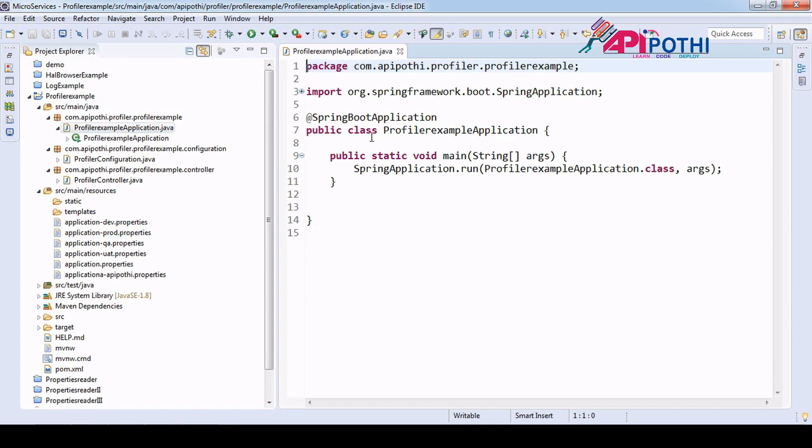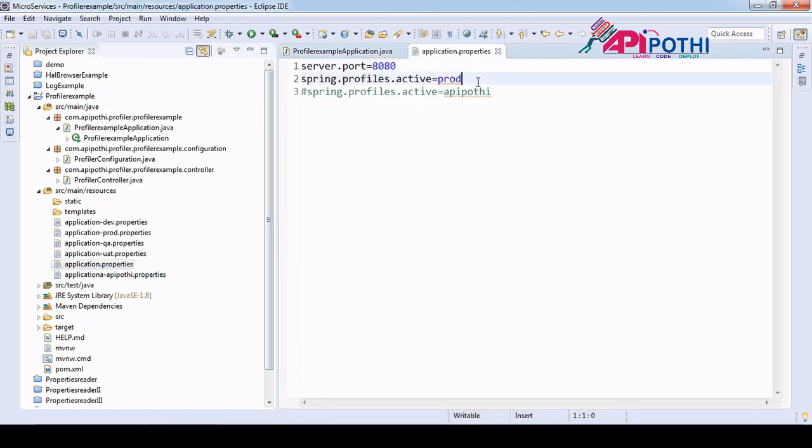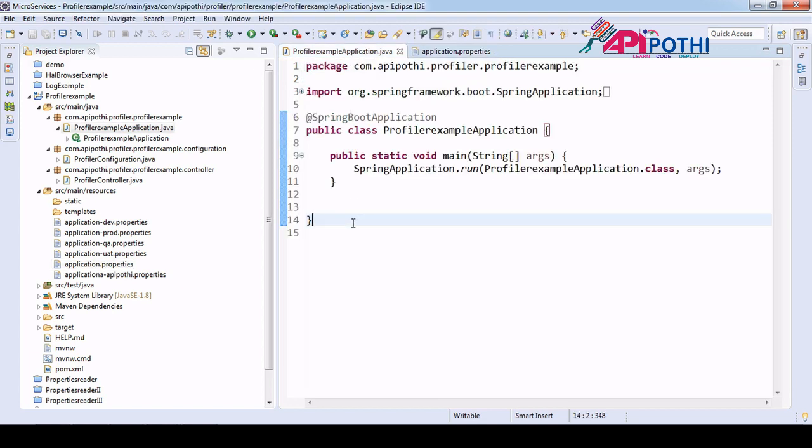The second way is, if you are deploying with Jenkins and you want to do some configuration in Jenkins, suppose that, this is my default, right? So what I will do, I will comment this one. Okay, so if you see, in my default application.properties file I am not doing any activation. But to run this one, I will pass my VM argument.